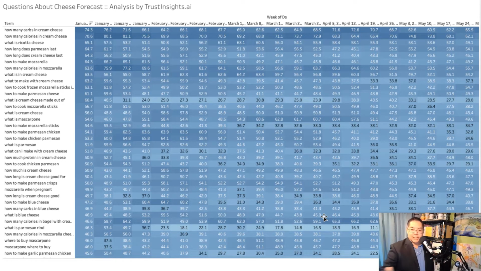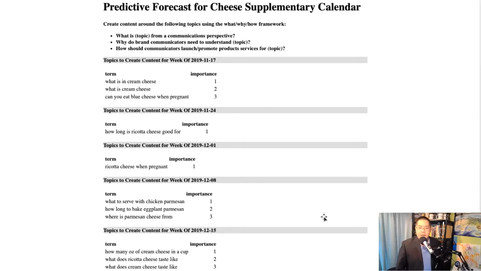And what you see here is that we're looking out, if you use the tools well, months in advance. Predictive analytics, you can refine this even further and maybe just take the top 2 or 3 questions each week, right? And that's your content. This is something you could hand to your agency, your junior staffers, anybody that would really help them out. Like, okay, this is what you need to focus on this week.